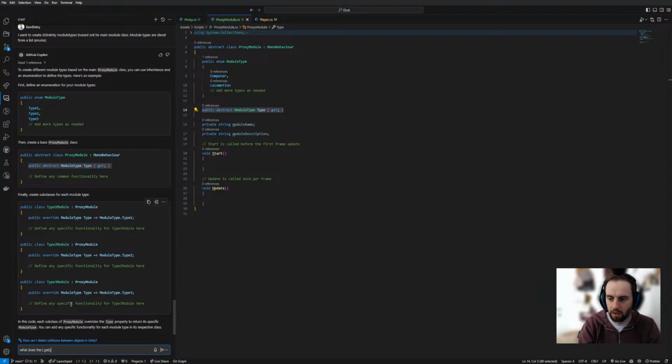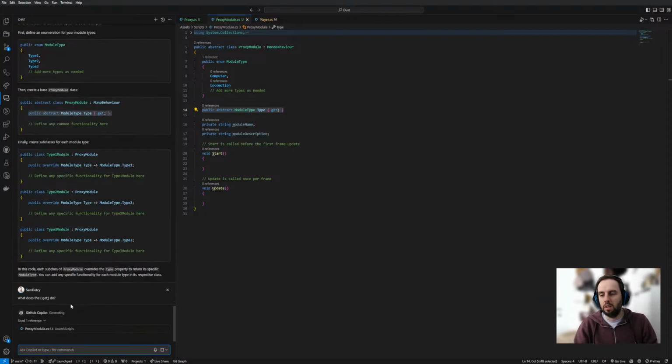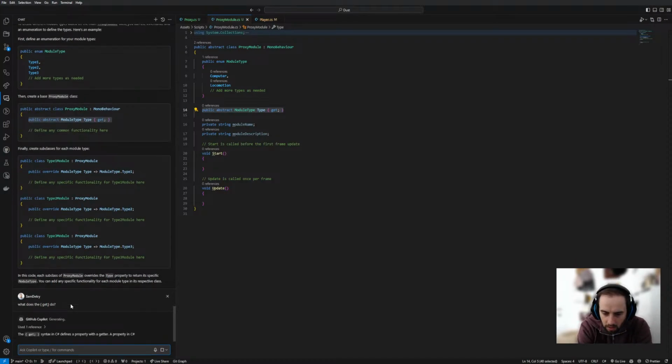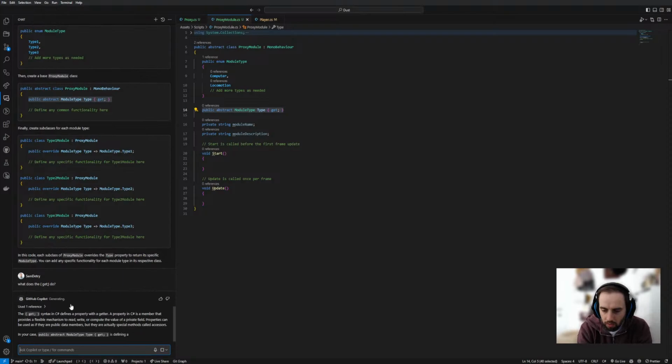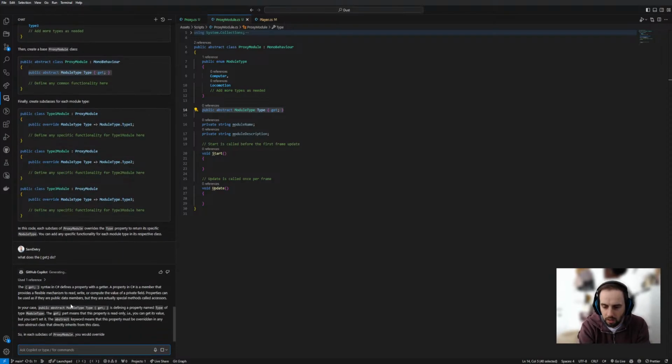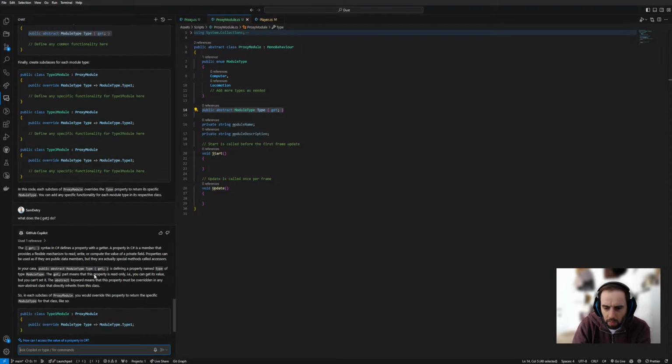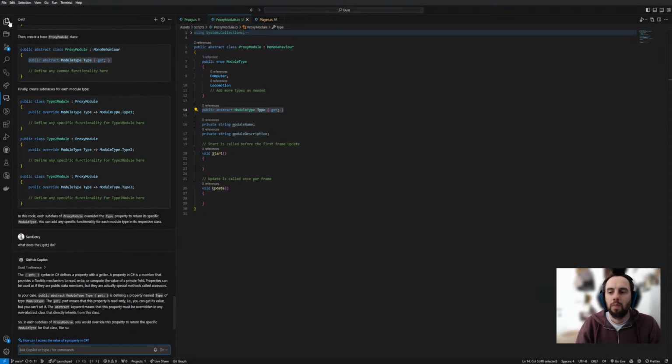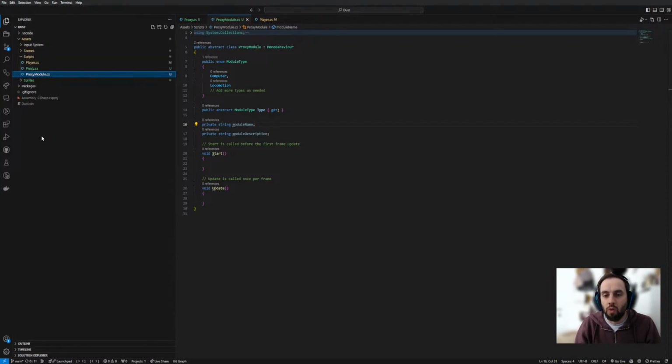So what does that get thing do? I think it's creating getters and setters automatically. So then you don't have to make your own getters and setters, I guess. The abstract must be overridden. Oh, that's interesting. So this means that you can only get it, you can't set it afterwards once it's created, but we do need to override it when we make